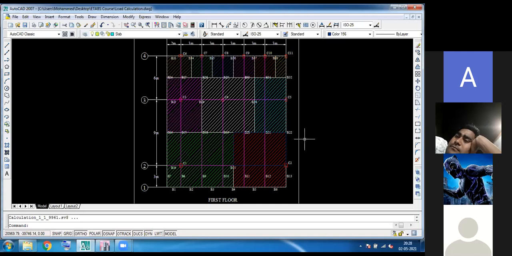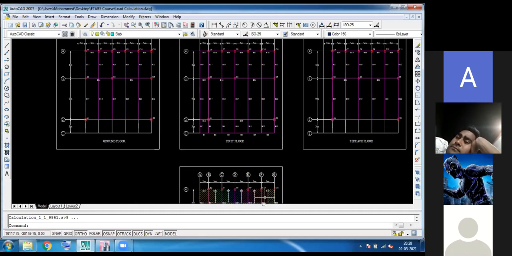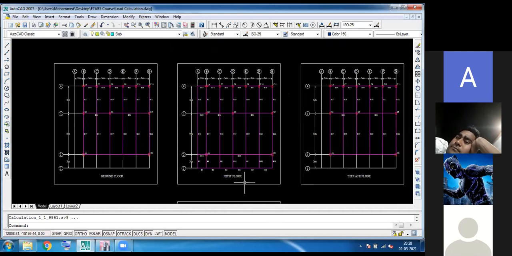By using this value, we can model our structure in ETABS, and also we can cross verify the manual calculation against the ETABS result, so that we can know how precise the result is compared with the manual result. You can learn the tributary area method in our future session. So right now, we are switching into ETABS and starting our model.